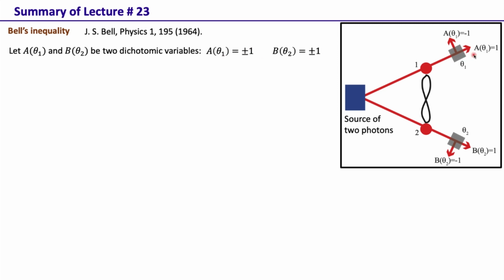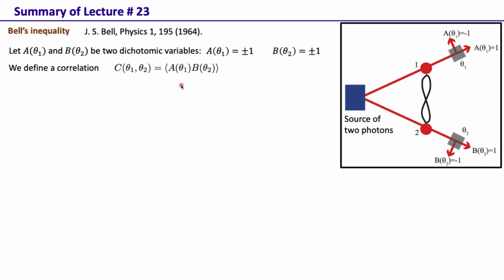Before A is measured, there is a polarizer for the first photon and a polarizer for the second photon. Depending on the orientation of the polarizer, one then looks at the value of A and B, which can again just be plus or minus 1. So for such a situation, one constructs this correlation function, which is A(theta 1) B(theta 2) ensemble averaged